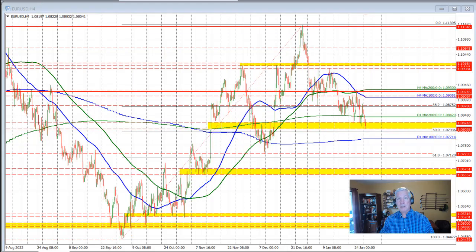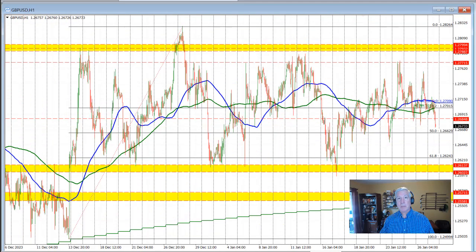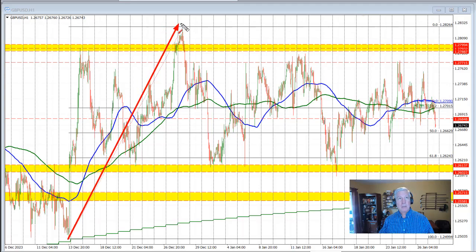Let's take a look at the sterling versus US dollar. It too is making a new session low here, breaking below the low prices from Friday in the process. We do have the 50% retracement of the move up from this December low to the December high. That 50% comes in at 1.26629. If we get below that level, that should open the door for further downside, but with all the ups